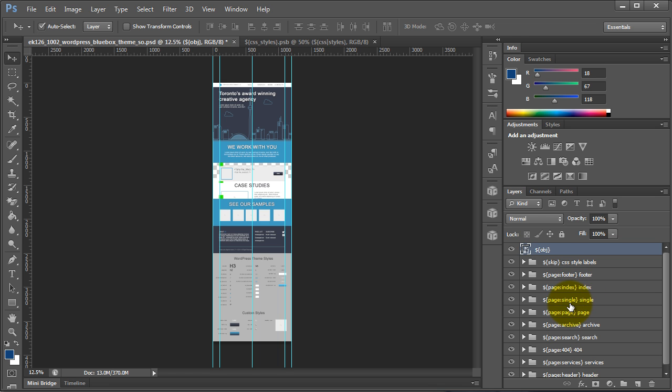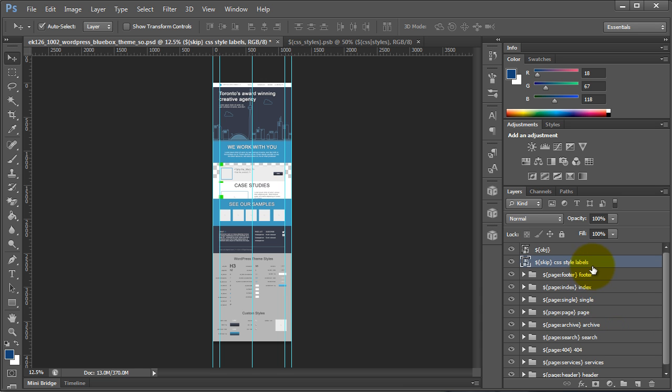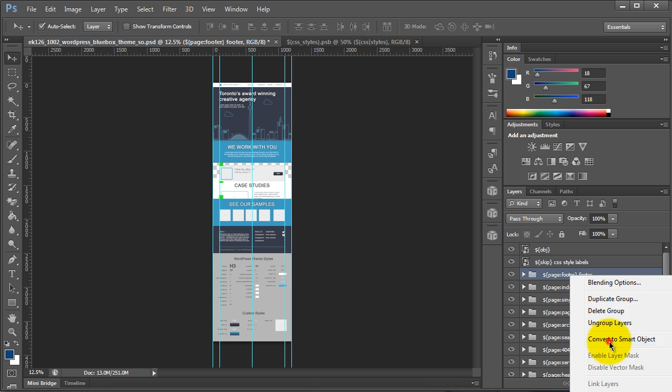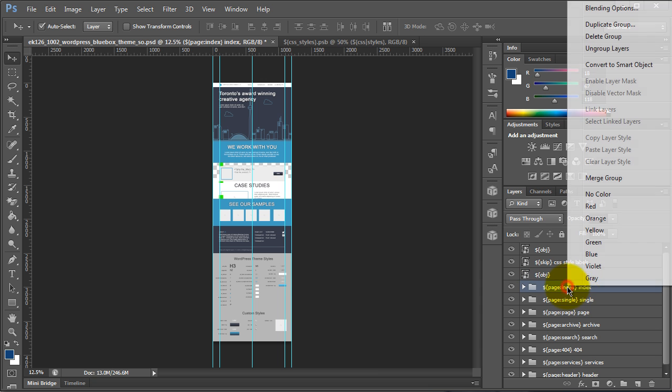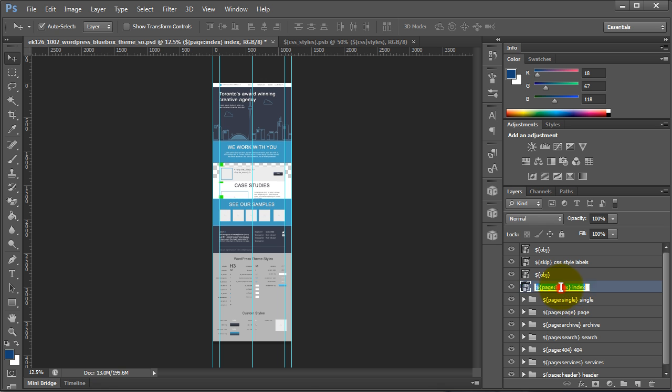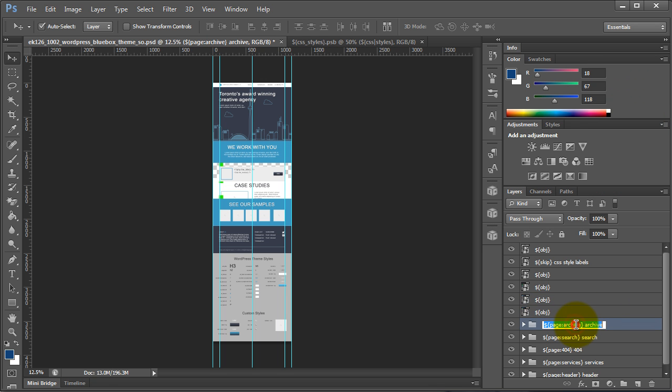But what we're going to do to speed up all, in essence, is do this for every individual aspect of the project. So let's turn each folder into smart objects. Now this works well for screens and also pages, but you don't really need to do this for individual folders. So we're skipping this anyway, so that doesn't matter. Let's turn the footer into a smart object. Let's turn index, single, page,